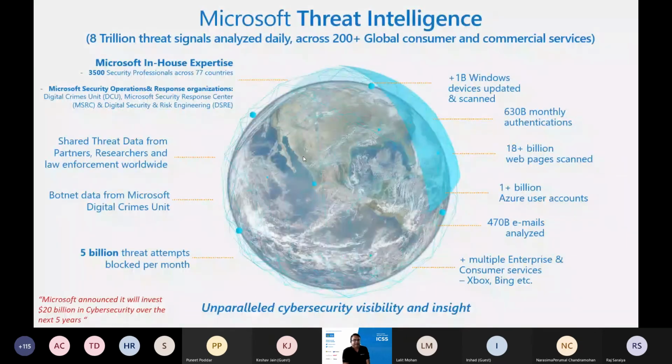I'll move on. I'll not dwell too much on threat intelligence in general as a concept, but for us it's very important because as an OEM, first party threat intelligence is what we take a lot of pride in because of our sheer exposure. There are numbers mentioned here in the slide. I'll not dwell upon that, but the idea is this entire threat intelligence which we get exposed to daily, and